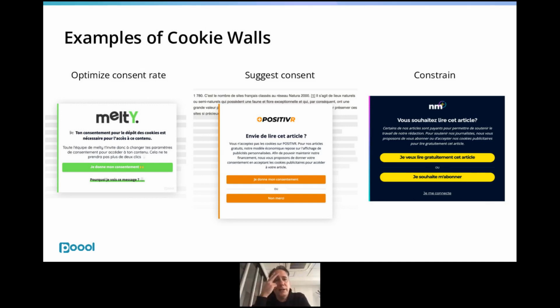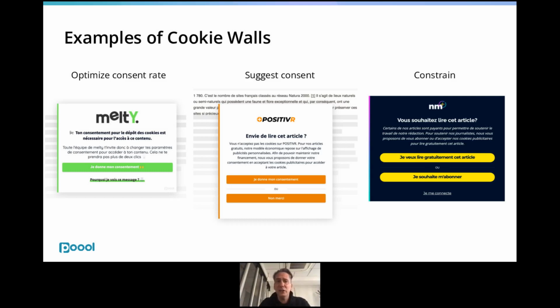We've been working with Melty, a social first publication in France, trying to get back more control about their audience, and now they do subscription, by the way, but they optimized consent rate using this approach. And what's interesting here is that you have an opportunity to give more of a marketing message about the importance of consent. It's not just compliance. You can use more design and text. These designs so far are pretty simple, but they could be a bit more consumer focused.